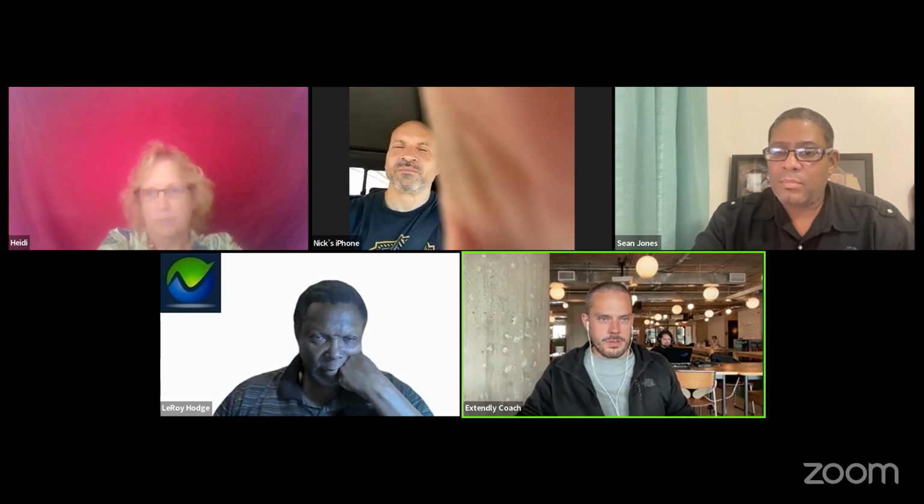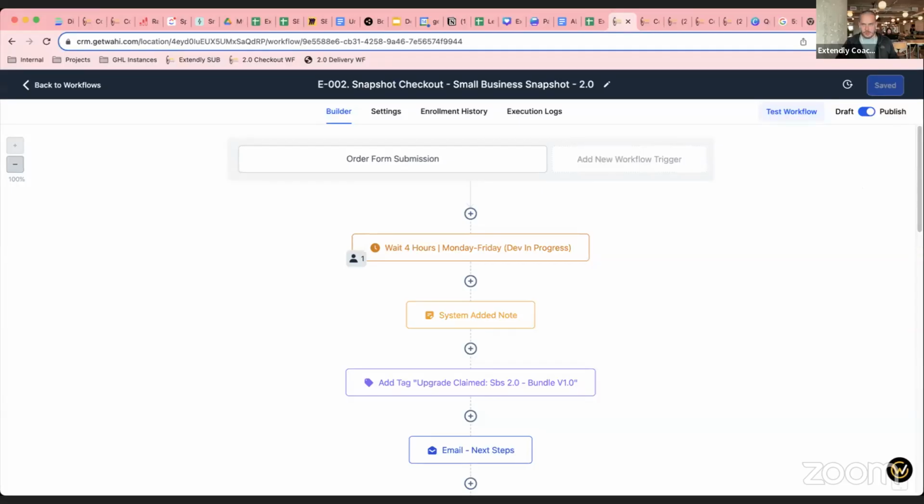And I finally came up with a solution that actually wasn't that hard. I just don't know why I didn't think of this from the beginning. So figured I would show you guys what the solution looks like, and give you a glimpse into the Extendly workflow that I'm using to deliver your snapshot links. And so here is